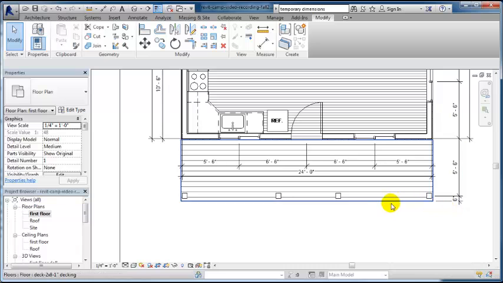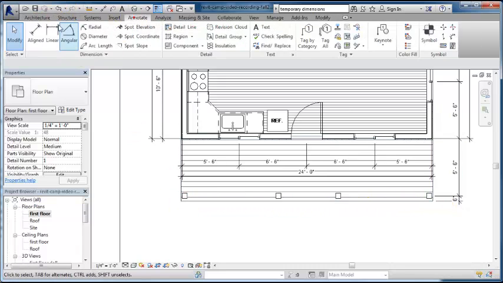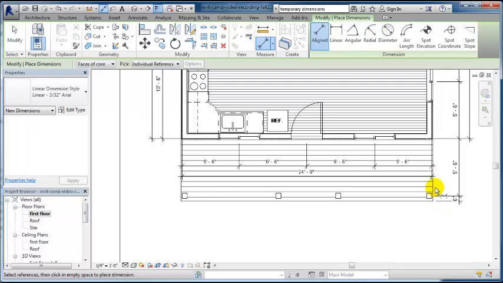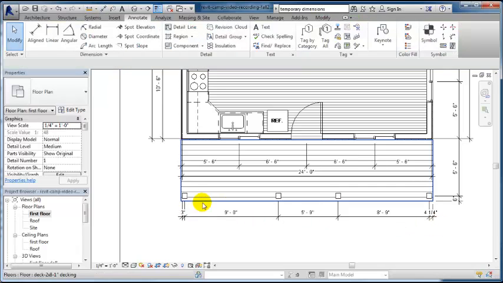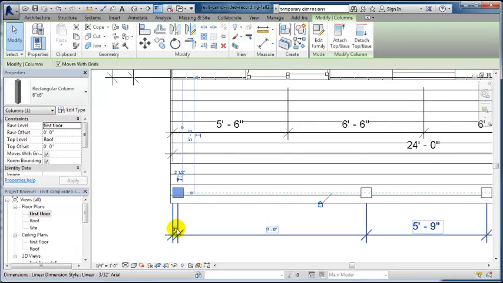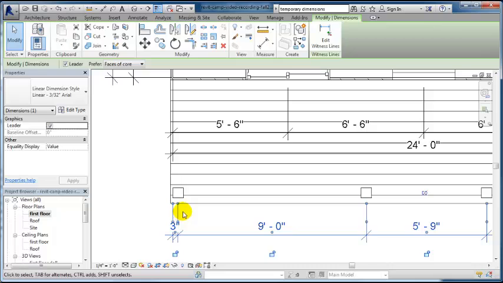Now I can create a dimension going in this direction. So I would go to Annotate, Aligned, picking the outside edge of the floor. I want to go to the center of each column, and we'll place that dimension string out here like this. So these need to be fixed. So I'm going to select this column first, change that to,